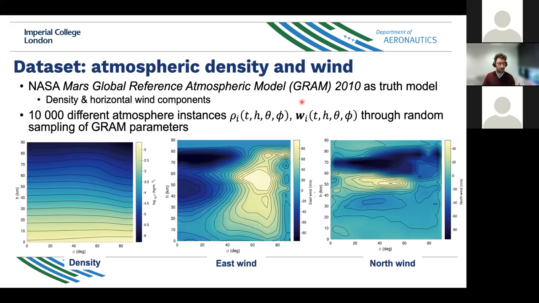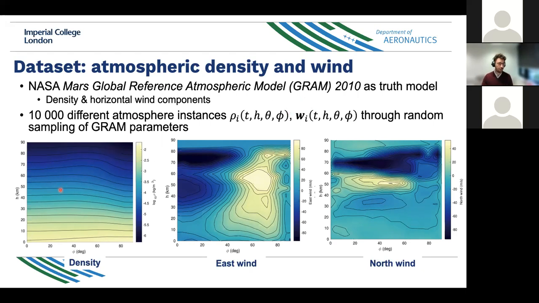This is a model that is being created by NASA, and relies on years of research into the climate of Mars. Using this model essentially allows us to compute the density and the horizontal wind components at any